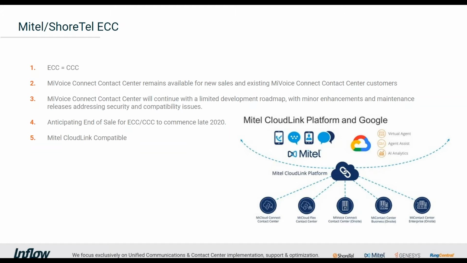And the reason for that, of course, is Mitel had several contact center solutions, ECC, CCC through the ShoreTel acquisition being one of them, and they've decided that they're not going to steamroll everybody on that for sure and force them into something, but over time, the path is to migrate over to the Mitel Business Contact Center,